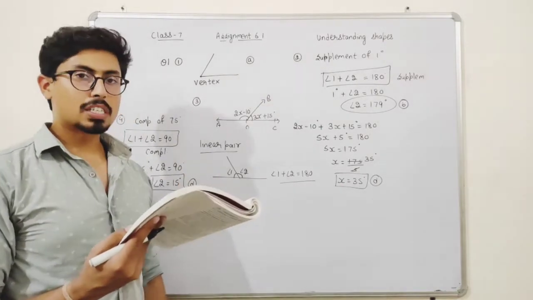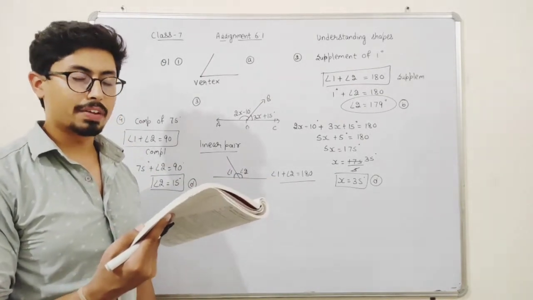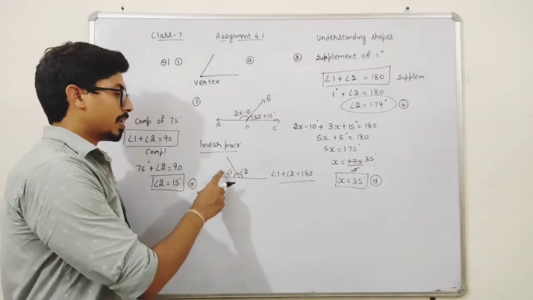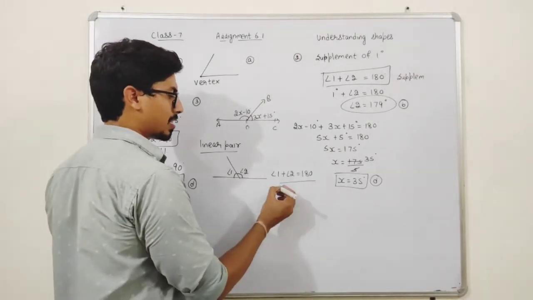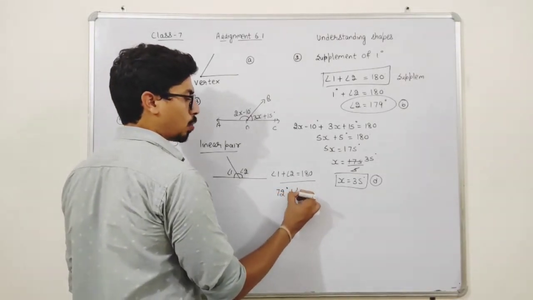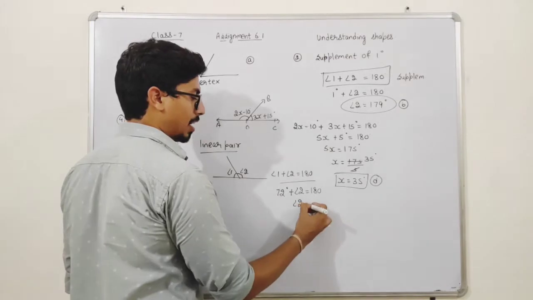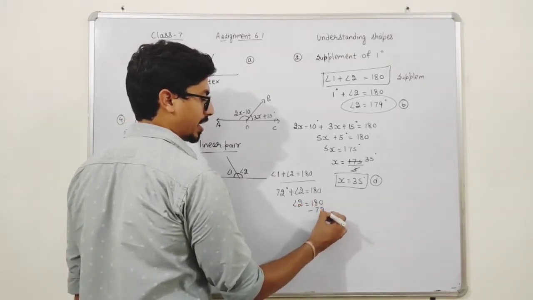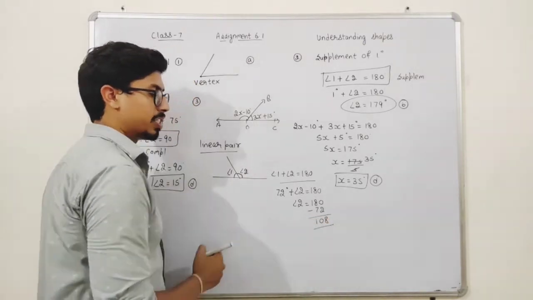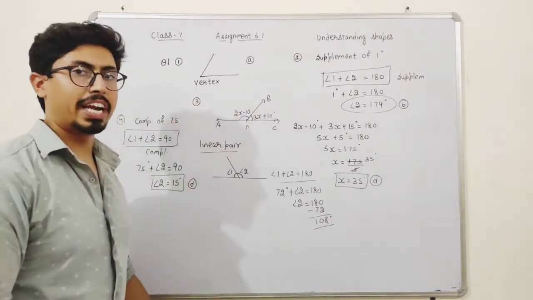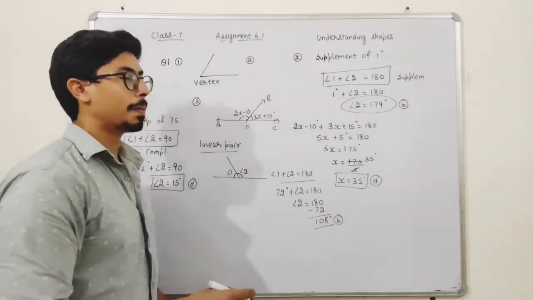Okay. Now students, the fifth part of our question number first. One of the angles of a linear pair is 72 degree. See, linear pairs are, sum of the two angles will be 180 degree. One angle is 72. If I name this angle as 72 degree, I have to find the other angle. So the other angle will be 180 minus 72. So angle 2 will be 180 minus 72 degree. So it will be 108 degree, and the answer is part number B.